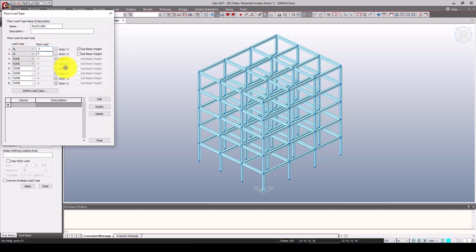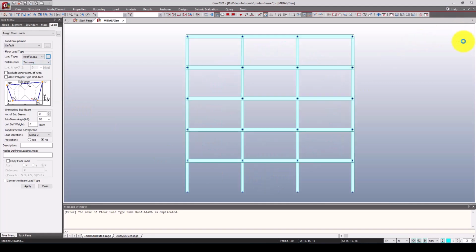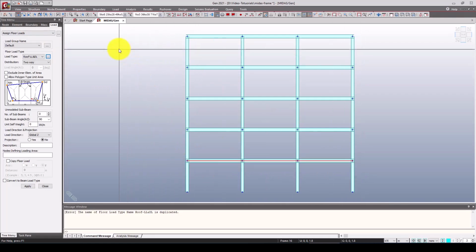Here in the class I should select dead load in the first one, which is total dead load. Extra dead load is -2 kilonewton, and live load is -4 kilonewton. Now we added it already, and I'm going to click OK, close, and here we got the roof, dead load, live load. So what I want to do is go to one of the directions, and here I want to select this floor,